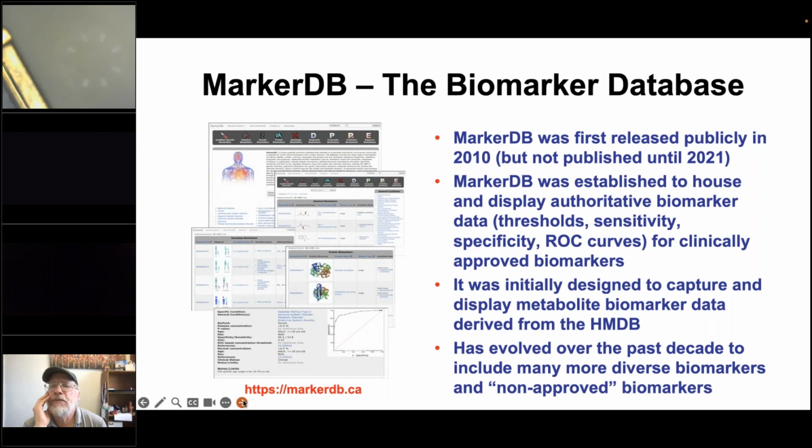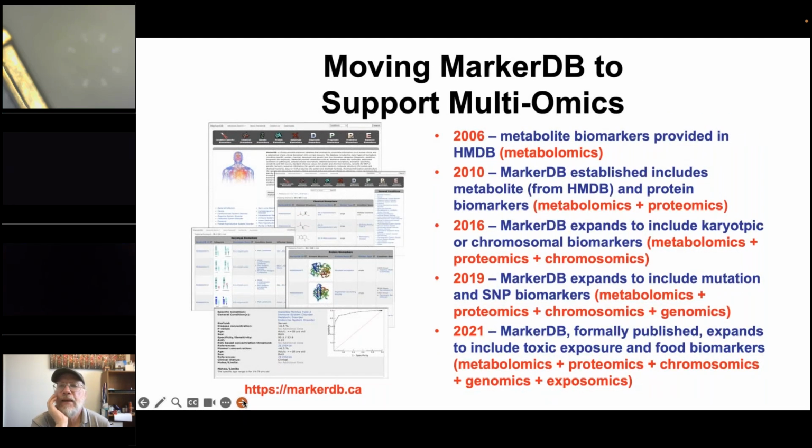So it was a spin-off of the HMDB initially, but over the last 10 years, we started including other biomarkers, not just metabolites and not just approved biomarkers, but also ones that have been described repeatedly in the literature. So again, the evolution of this database went from strictly a metabolomics biomarker database, one which was contained within the HMDB. Then we pulled that data out of the HMDB to make it a little more accessible, and that was